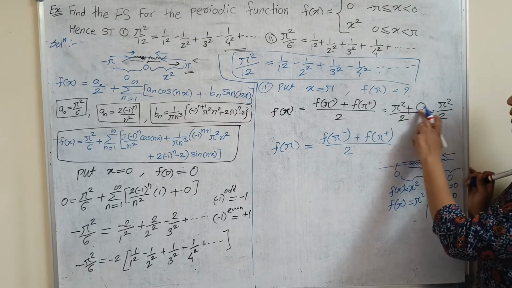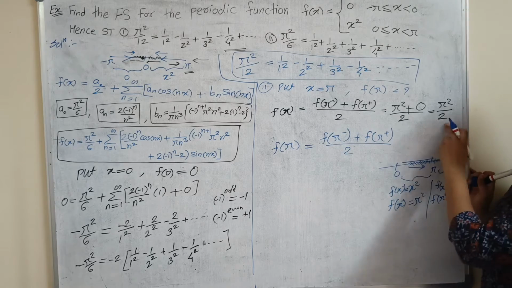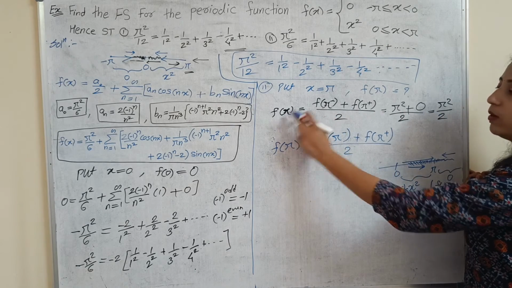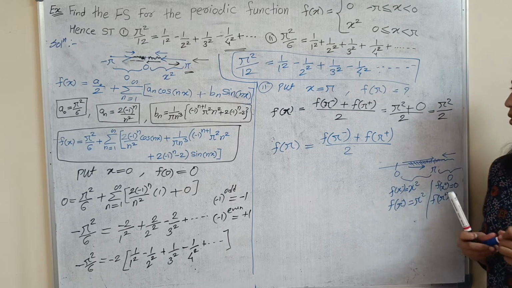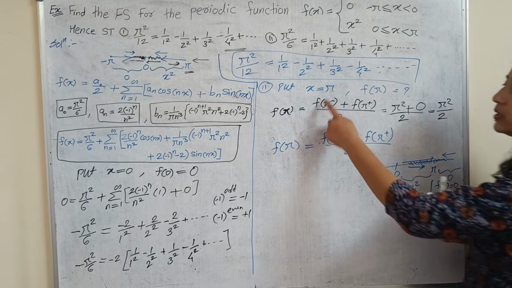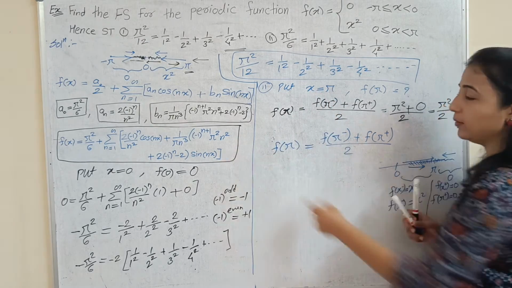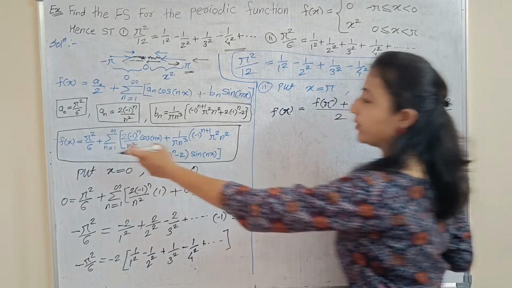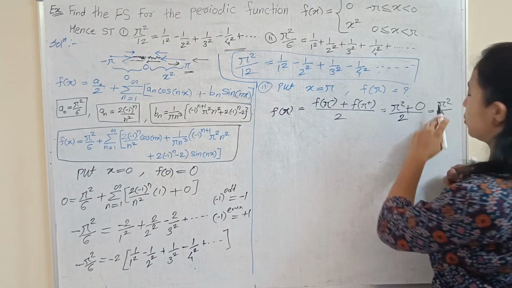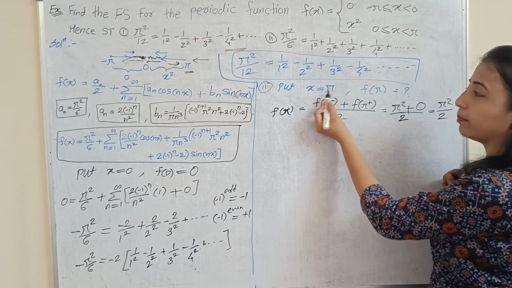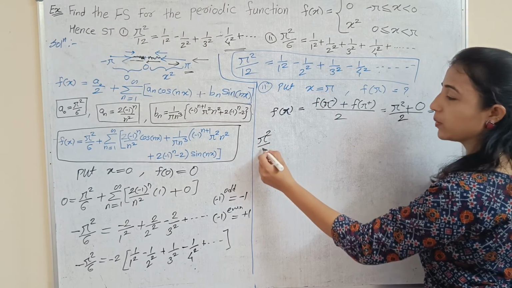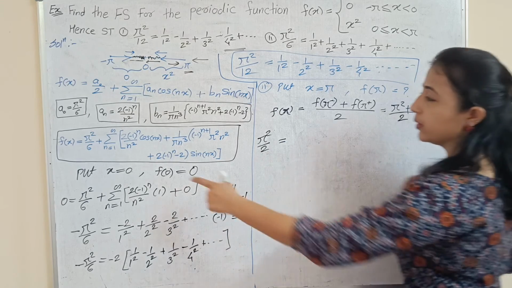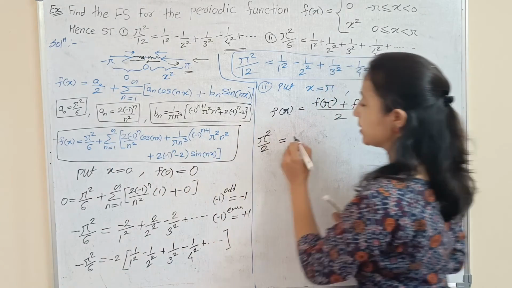So pi square plus 0 is pi square by 2. So here the f of pi is pi square by 2 by using Dirichlet condition. So now put this x equals to pi in this formula. So here in this formula left hand side is our pi square by 2. Just हमने अभी find out किया at pi value is pi square by 2. So here pi square by 2 equal to here pi square by 6